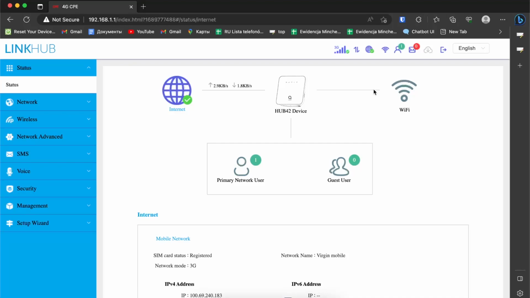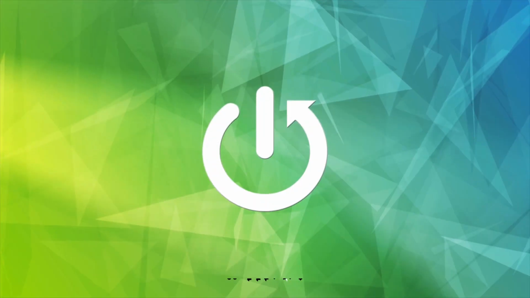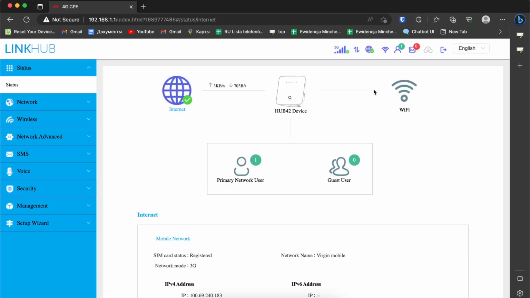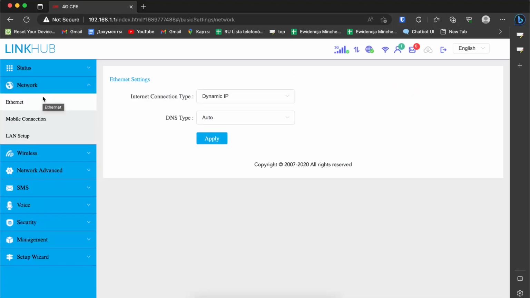In front of me, Alcatel Cat 4 LTE LinkHub device, and now I'm gonna show you how to disable or how to enable the roaming on this device. So sometimes when we are moving between cities, we need to have enabled roaming. So to do it, to enable the roaming or to disable the roaming, you need to click on the network